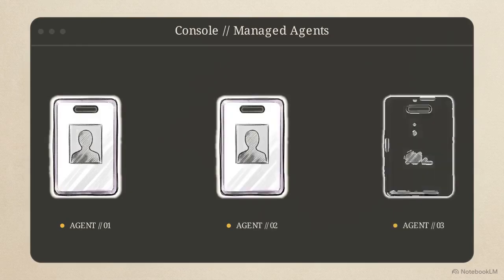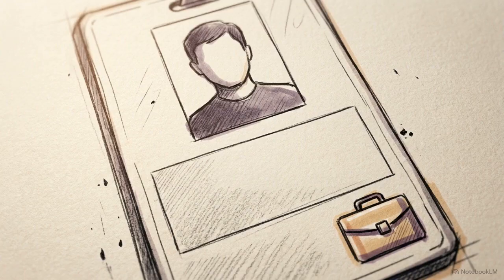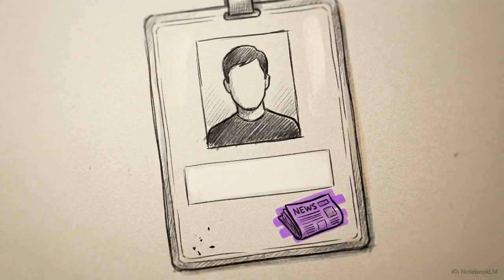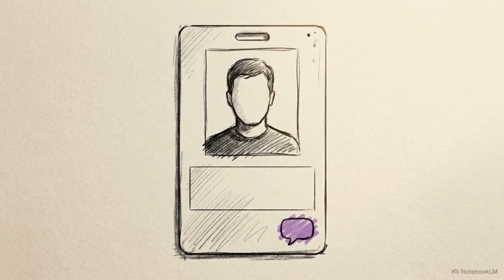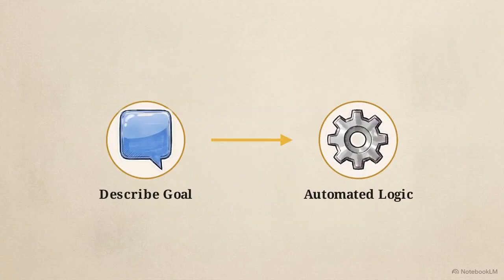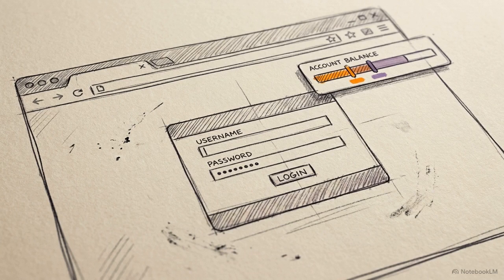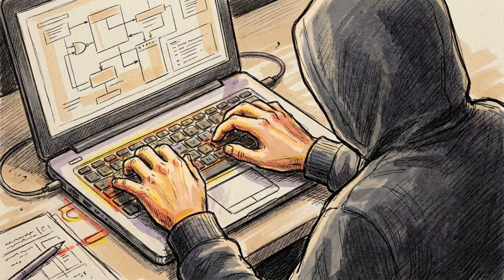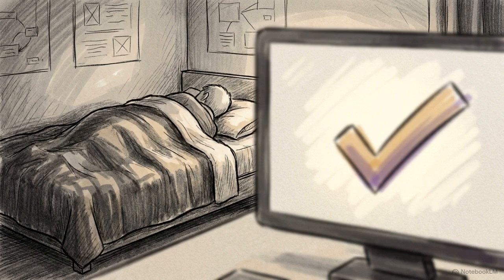In this video, we are going to build 3 specific automated workers: a recruiter to find jobs and draft outreach, a news analyst to deliver daily industry updates, and a receptionist to manage inbound client requests. You won't need to write a single line of code to make this happen. The only prerequisites are an Anthropic console account and a few API credits to power the builds. By the end of this process, you will transition from manual prompting to overseeing a digital employee that completes its